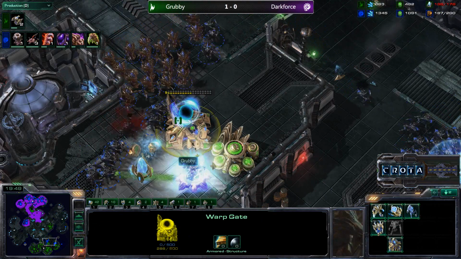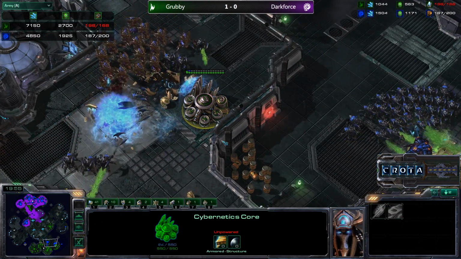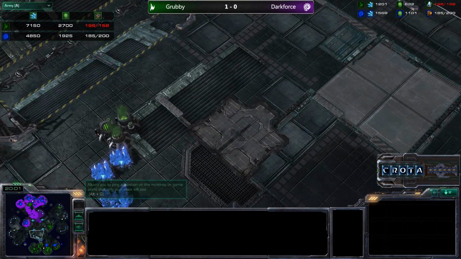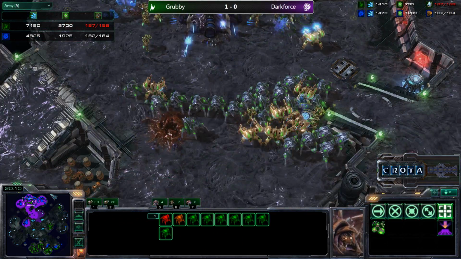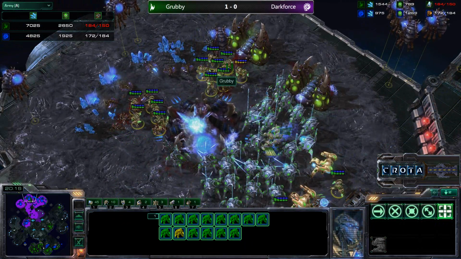So Hydralisks and Roaches now making their way out, dealing a lot of damage. Grubby with the upper side in that army right now, continuing to just deal so much damage. Roaches and Hydralisks continuing to push in and able to destroy so many of these gateways. Roaches now finishing off more of those nexuses as well. The main part of this army, Grubby, now trying to finish off the hatchery, as the Zealots are going through,